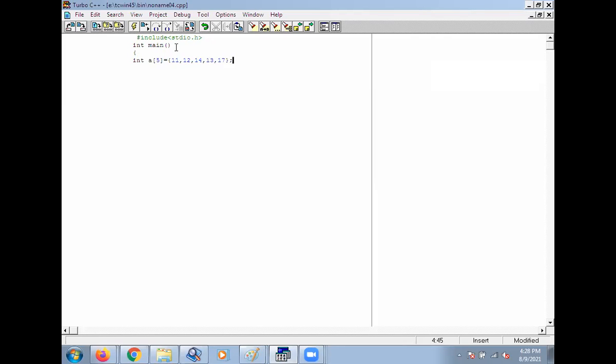Or you may take it through keyboard. Then here we have declared another variable, a pointer, that is int *p. So here p is a pointer.